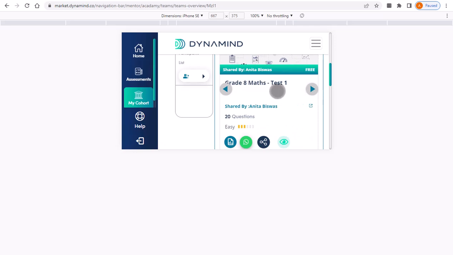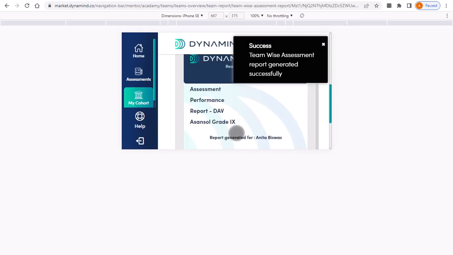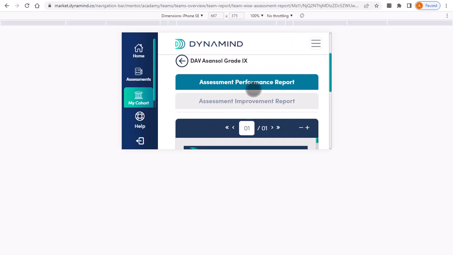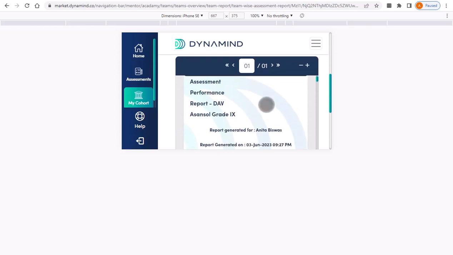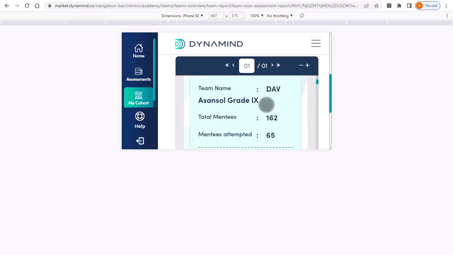So this is the test. I want to see the reports. Click on this report icon here. So now the reports that you will see, there are two types of reports: assessment performance report and assessment improvement report. In assessment performance report, which I am seeing right now, you get details such as how many mentees attempted